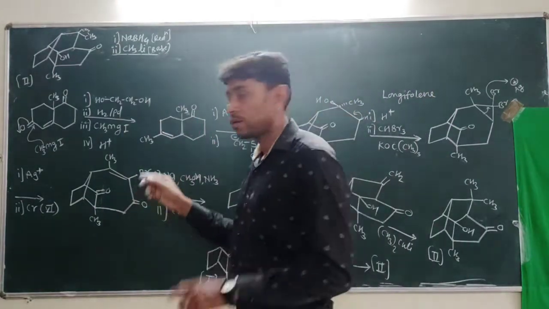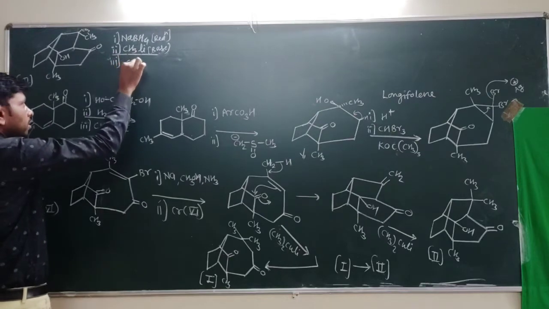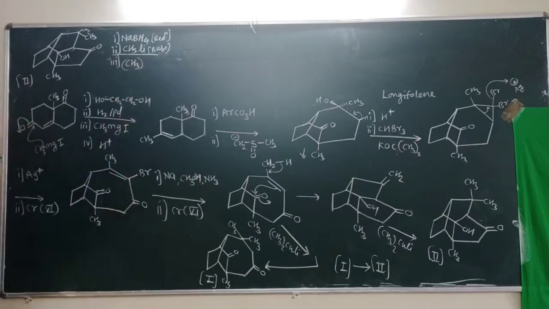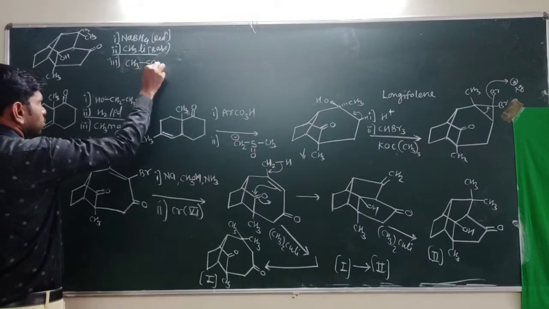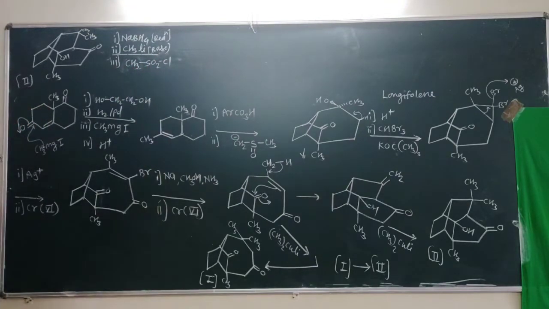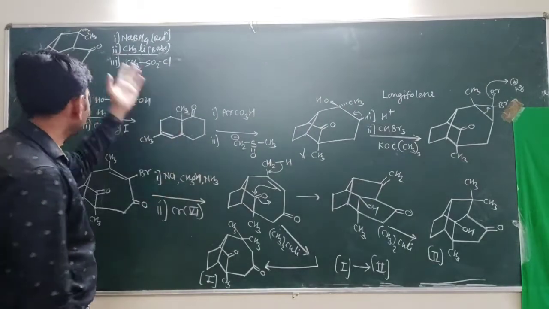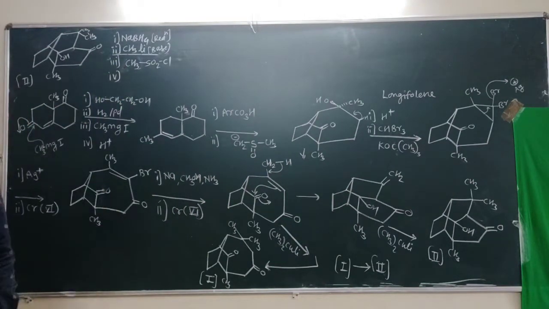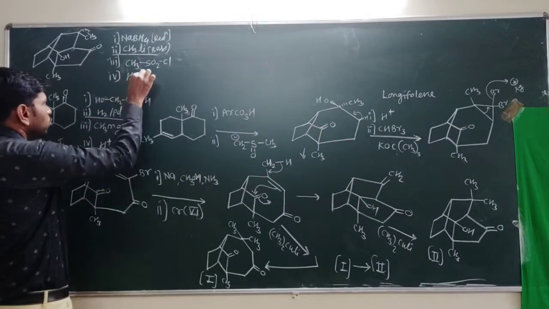Then O minus now attacks on this silyl reagent. The reagent we have used here is CH3SO2Cl. So this is protection of one of the groups, converting it into a good leaving group, mesyl formation. And after mesyl formation, the last reagent we have used is a Wilkinson catalyst, H2